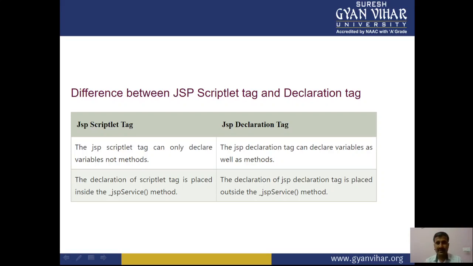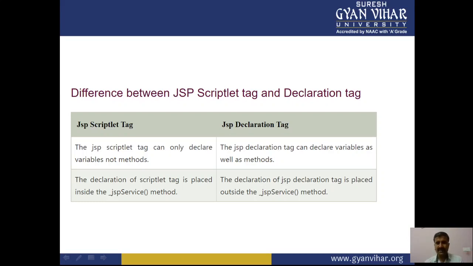So these are the certain differences between both of them, because from the perspective of JSP, it provides some additional features like expression language, custom tags, as well as being an extension of servlet that is easy to maintain. JSP can be easily managed from the perspective of the service method, right. So it's simple. And these are the certain differences between the JSP scriptlet tag and the declaration tag.